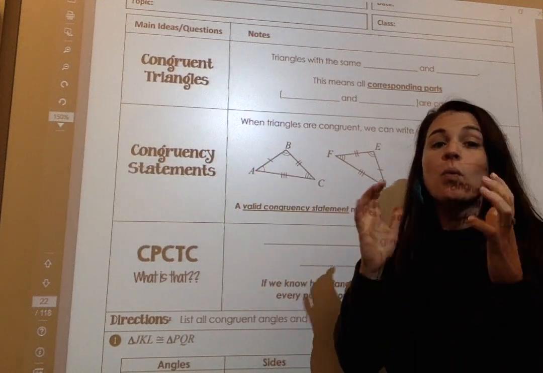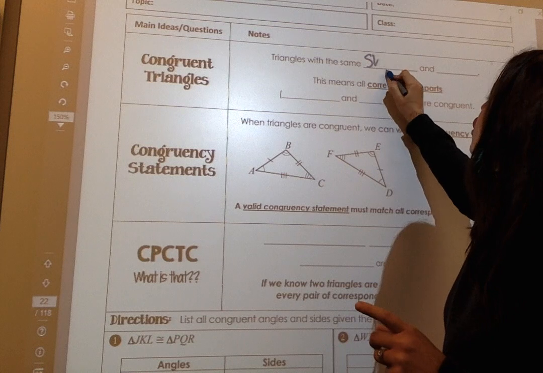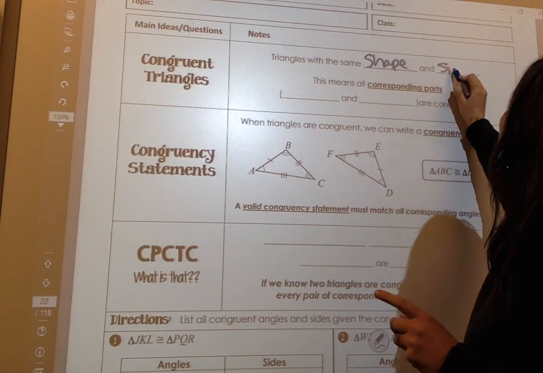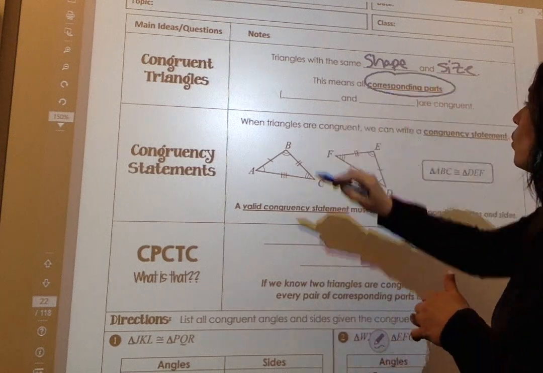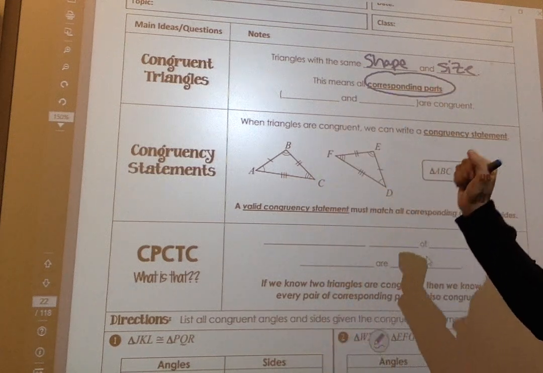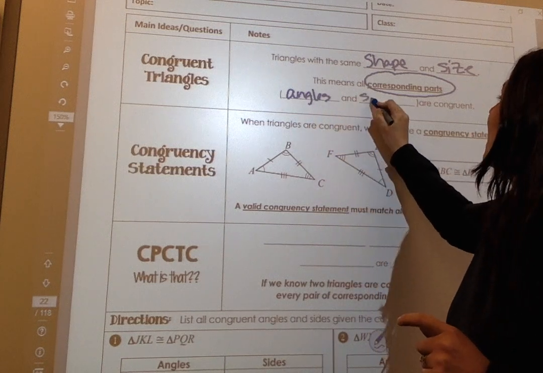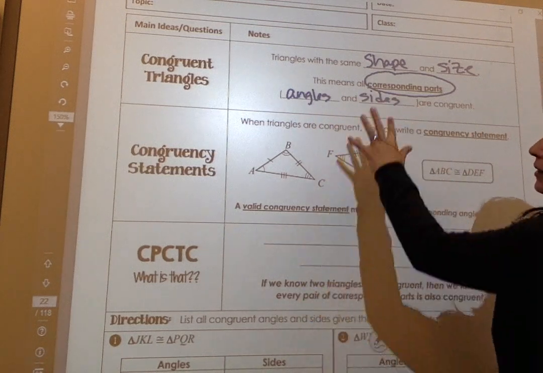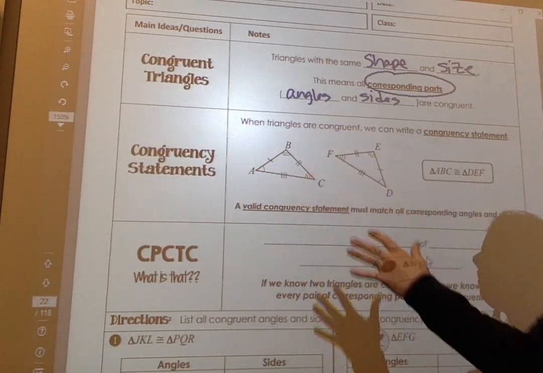Congruent triangles. What are congruent triangles? They are triangles with the same shape and size. This means that all corresponding parts, angles and sides, are congruent. Okay, this is a big, big deal. All right, if you look at this congruency statement,